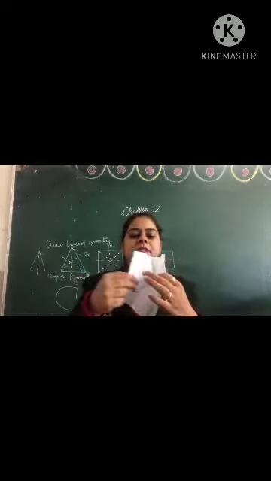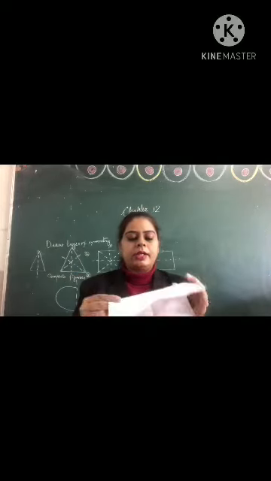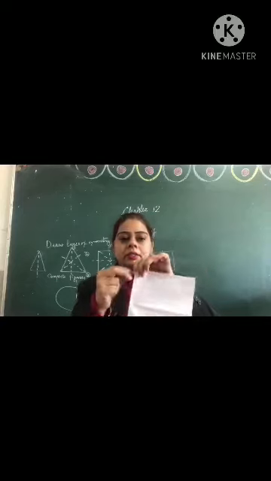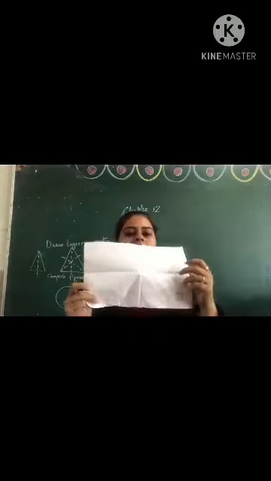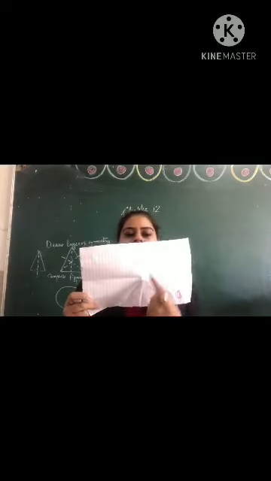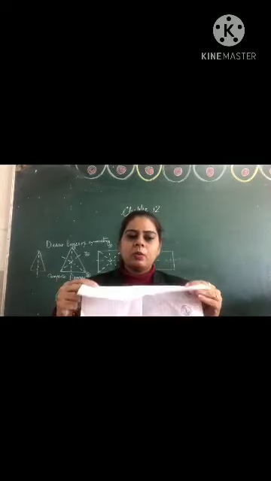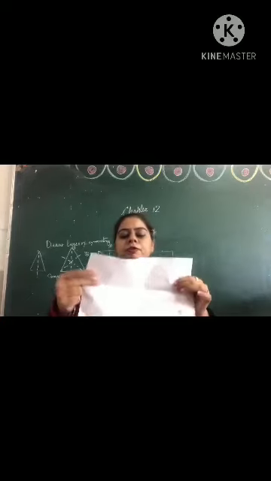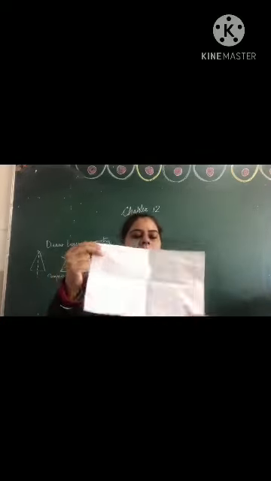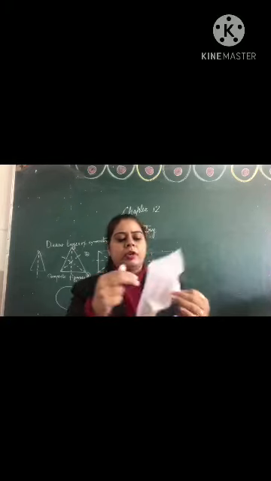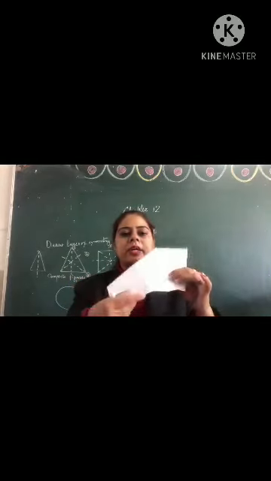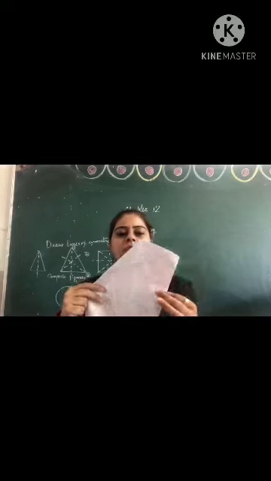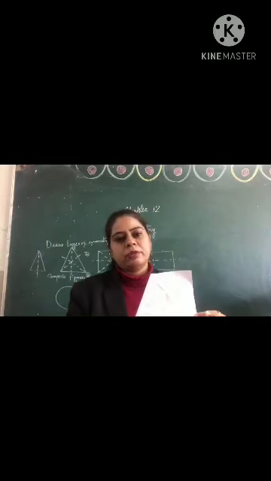Now if you divide this rectangular shape vertically, then you can see that this is the line of symmetry horizontally as well as vertically. We have seen. Now if you join the diagonals of this rectangle, then it will not overlap. This space will be left. This space is left here also, and here also. So it is having only two lines of symmetry.